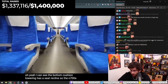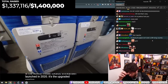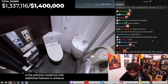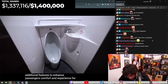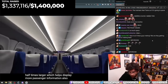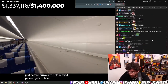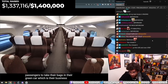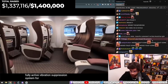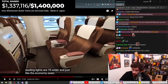So the N700S is the newest model Tokaido Shinkansen, launched in 2020. It's the upgraded version of the N700A, so it looks similar to the previous model, but with additional features to enhance passengers' comfort and experience. For example, the digital screen is 1.5 times larger, which helps display more passenger information. Also, the passenger compartment lights up overhead just before arrivals to help remind passengers to take their bags. In the green car, which is their business class carriage, the seats are installed with a fully active vibration suppression system for a more comfortable ride. Reading lights are 70% wider, and just like the economy seats,